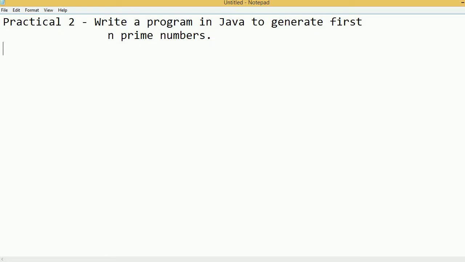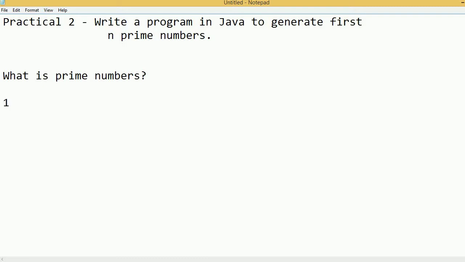First we will write a program only to check whether a number is prime or not. Before that we have to see what a prime number is, so we can move ahead in our program. A prime number is a number which has only two factors: the number itself and 1.